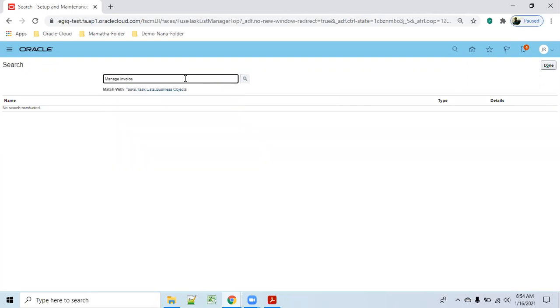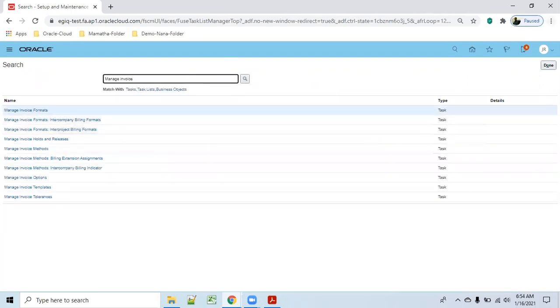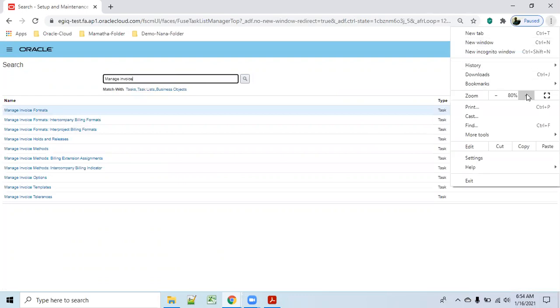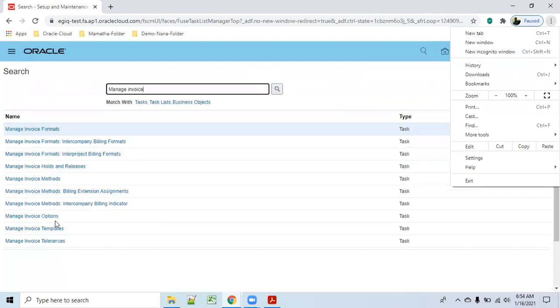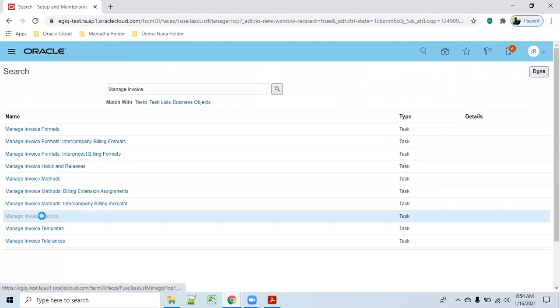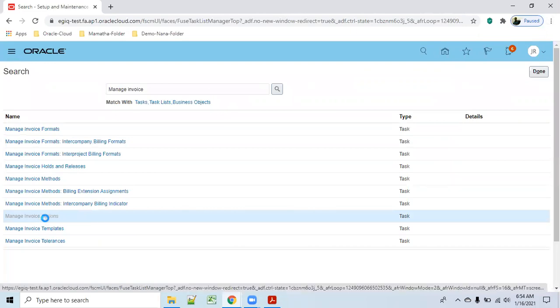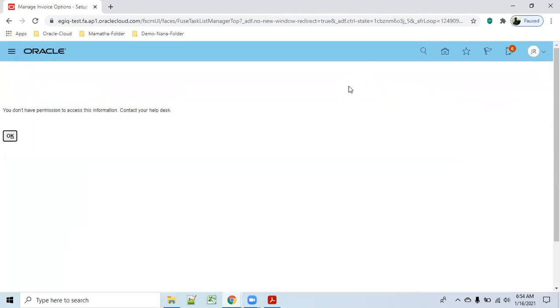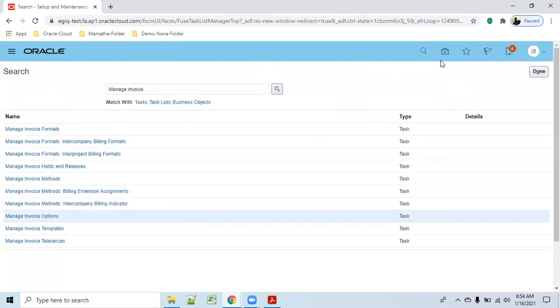Manage invoice options. Oh, why man? That is the reason here.